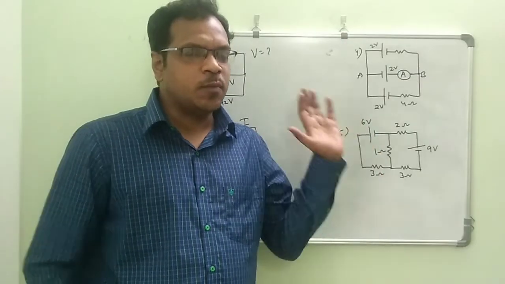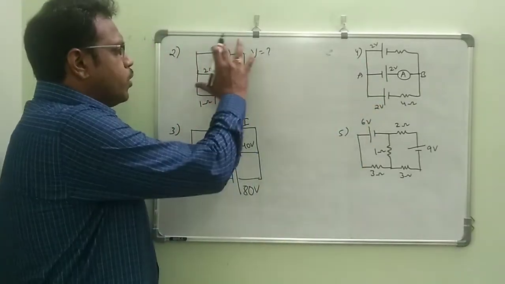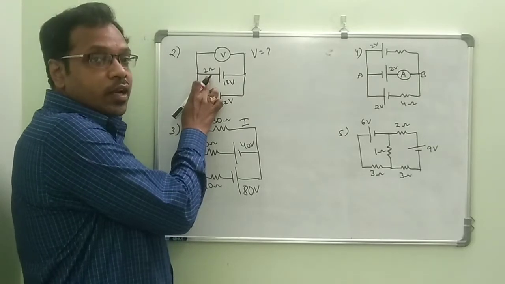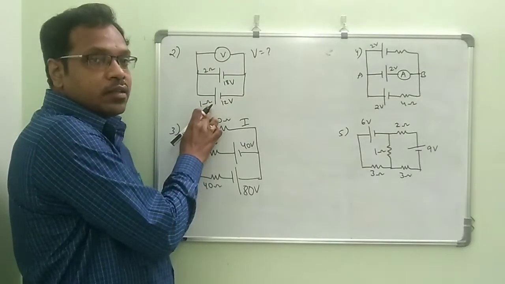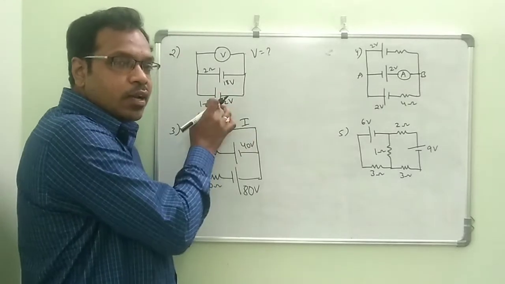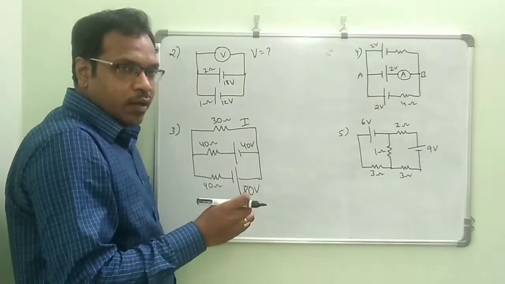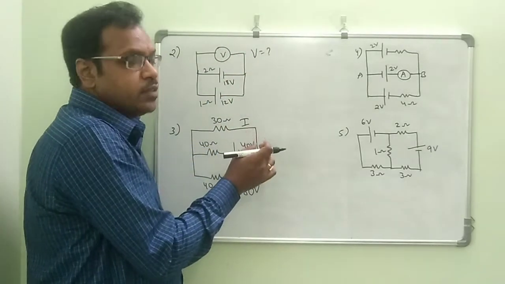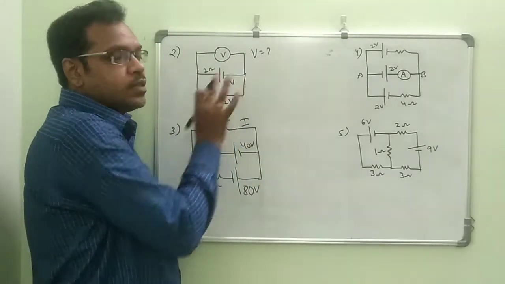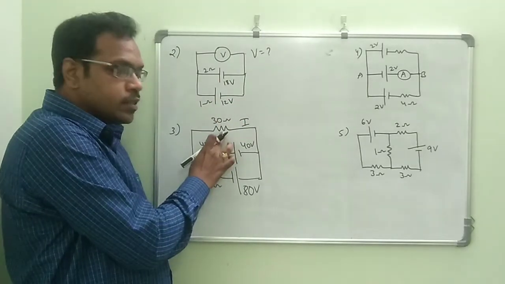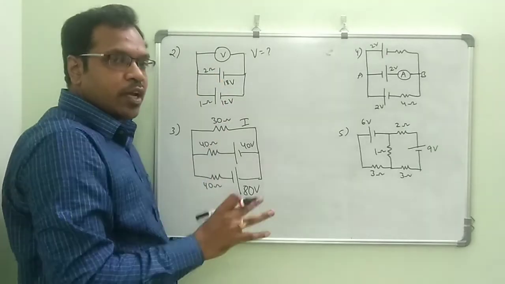Okay, next we'll see these models now. In this model, we need to find out, we only have one internal resistance they have given now. In this, 1 ohm is internal resistance, and 18 volts and 12 volts. I already told, if it is internal resistance also, we can use that formula. Okay, and we need to find out only the common potential. That means there is no resistance here, but the internal resistance they have given. Don't think only the resistance, the internal resistance also we can use.